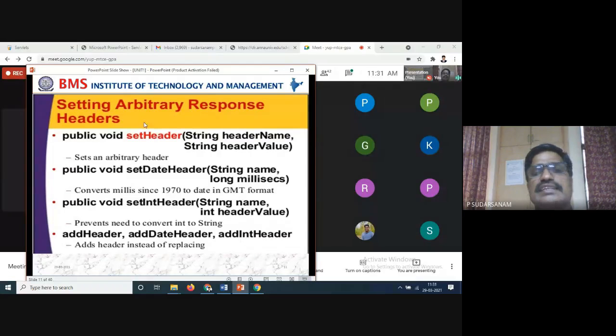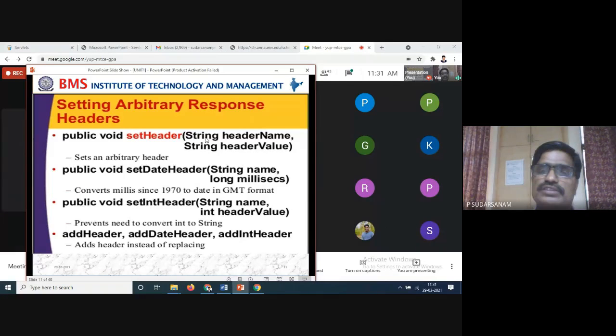Now, setting arbitrary response headers. Here is public void setHeader and setIntHeader, looks like the same thing. Small changes in the intervals, that's all. What are the differences, we'll see here. Public void setHeader, string header name. So the data types are a string header name and a string header value.